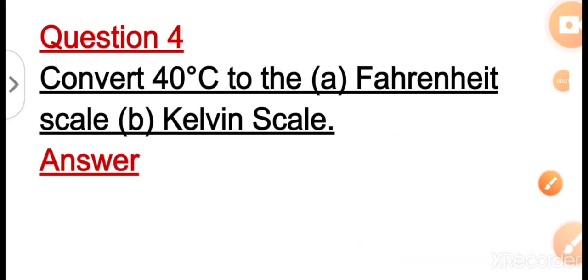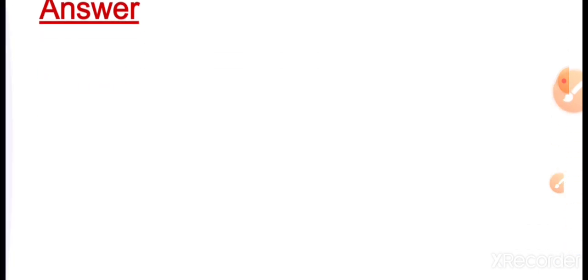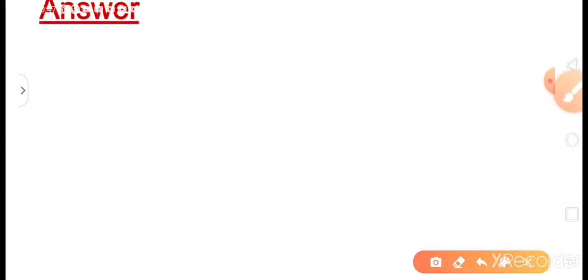So the fourth question is convert 40 degrees Celsius to the Fahrenheit scale and Kelvin scale. Here the temperature in degree Celsius scale is already given. So we have to convert the temperature into Fahrenheit scale and Kelvin scale. For this first we should write the equation. We know the equation, that is